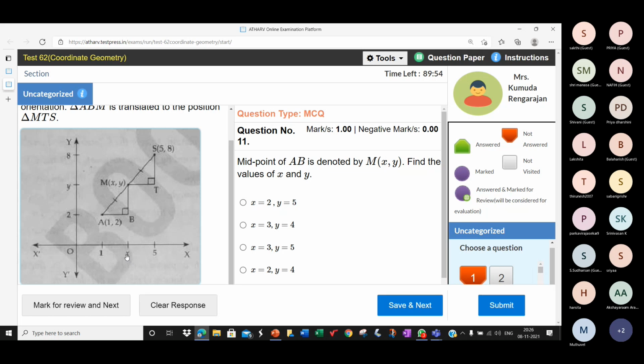So children, they've marked x here, y here, the value of x along the x-axis. Here, this value of x is 3 and the value of y is 5. And you can see here, M is given by x comma y. So the coordinates of M are 3 comma 5. You can see it here. So see here, 3 comma 5. I'll give you some time to understand. 3 comma 5 are the coordinates of M.